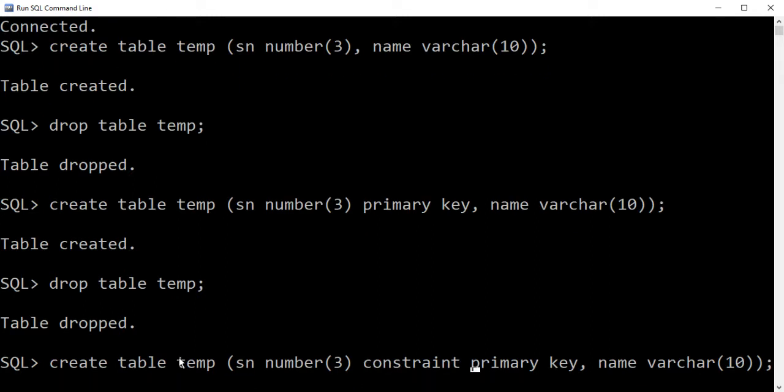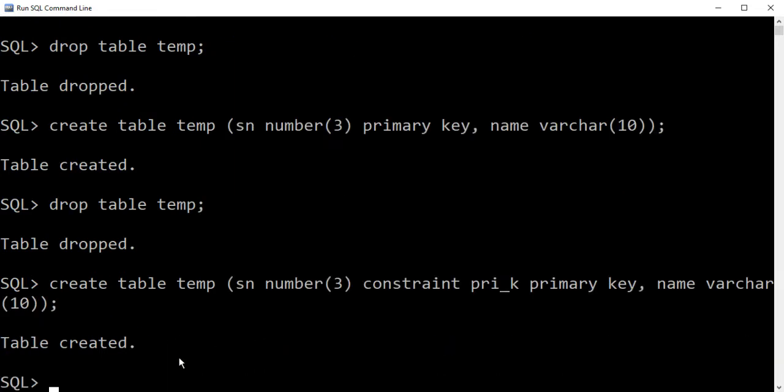Okay, remember that we can also specify names for the constraints. By the name we get the benefit that we have a particular ID for that constraint that we can refer to in future. Suppose I want to delete a particular constraint, I can delete it using the alter command and the name of the constraint. So I have declared, suppose, pri underscore k as the name for the primary key, and we just pressed enter and the table is created with the first field as a primary key.